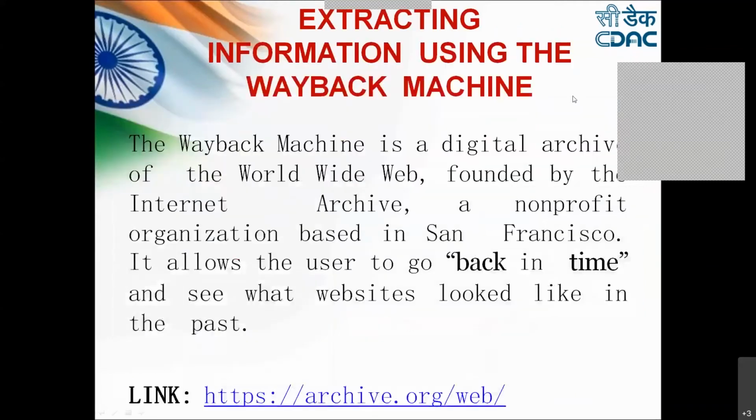Other than that, there is one particular digital archive of the www known as the Wayback Machine. Again, the objective of this particular Wayback Machine is very nice. It is a non-profit organization based in San Francisco, and it actually allows the developer or user to view the status of that website back in time.